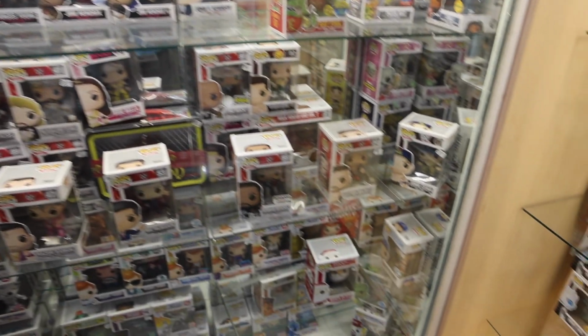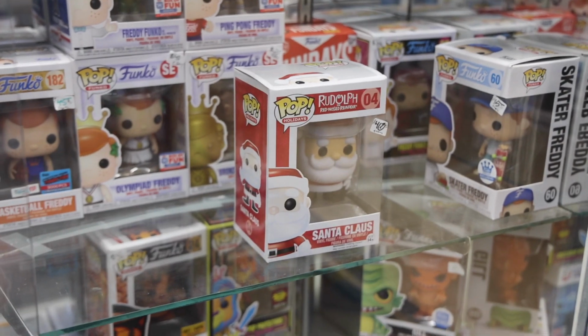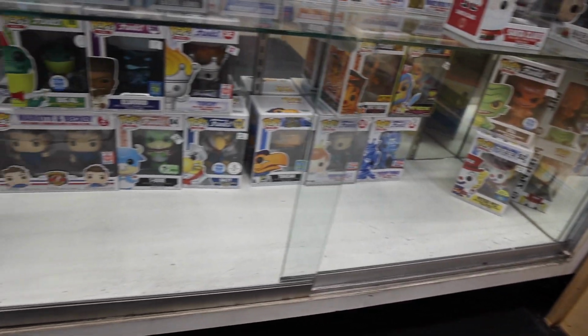And let me know in the comment section below something that you guys would have picked up. Ooh, I gotta take a look down here. Hold on, a bunch of Freddies. And then I'm also noticing over here the original Santa Claus for only 40 bucks. That's actually a pretty cool pop. Not bad. And then down bottom here, we've got a bunch more ad icons, as well as some of the